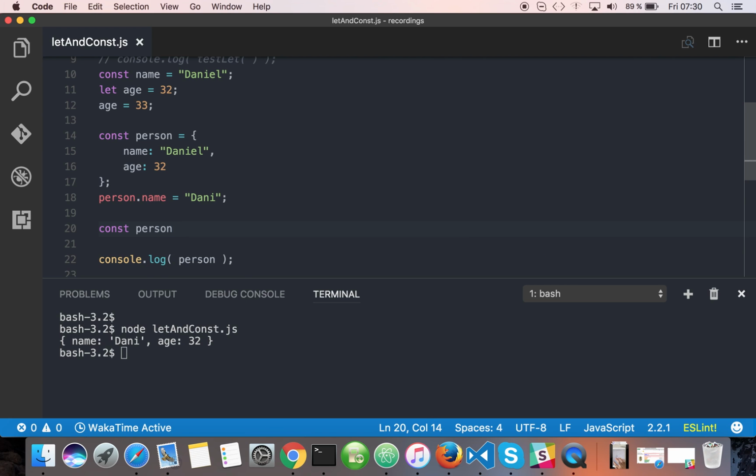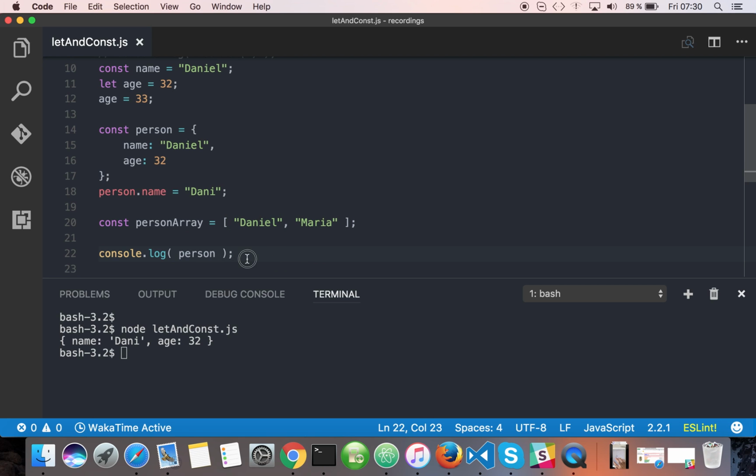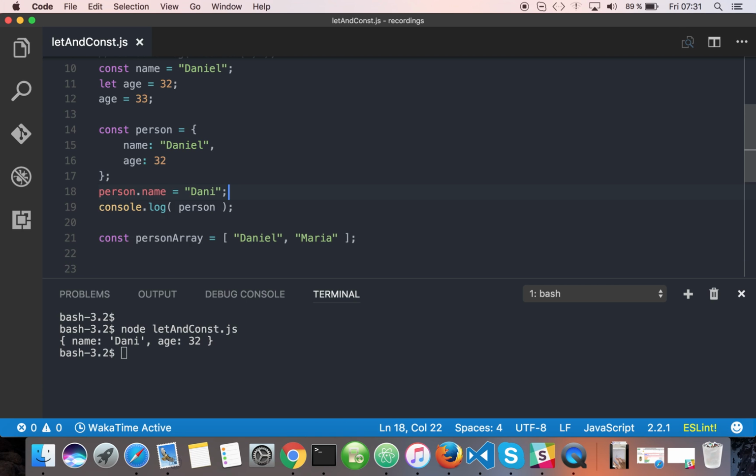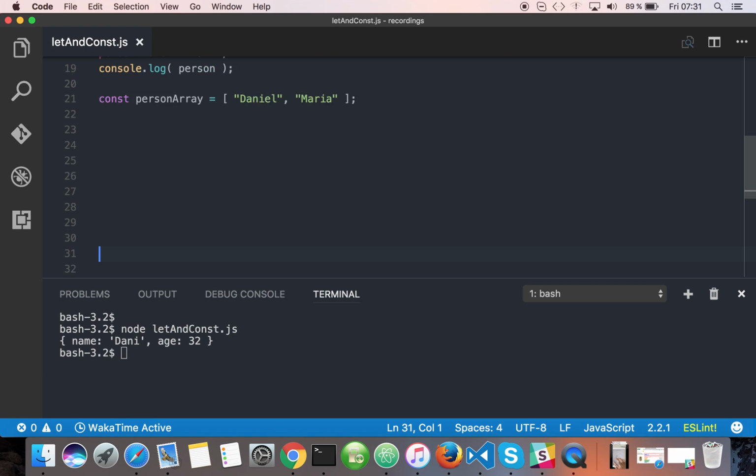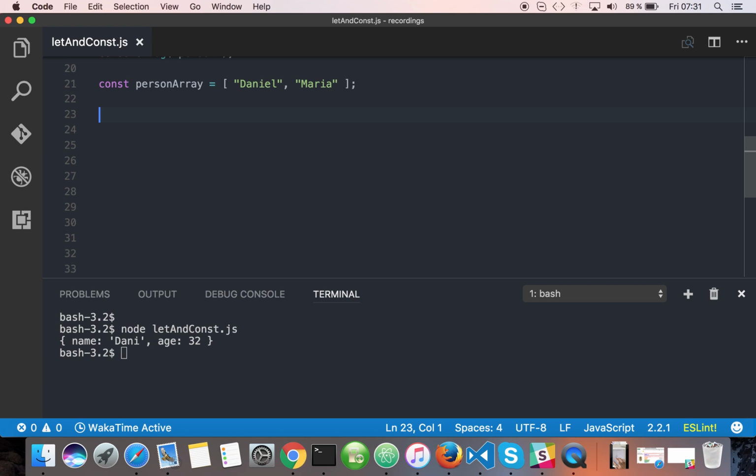And person array. I'm just gonna do an array with names: Daniel, Mary, Maria, and that's it. Okay, and actually I'm gonna move this one a little bit up, so we have, and I'm gonna move this one up, and so normally you say, oh, it's a constant, you have an array, that's it,